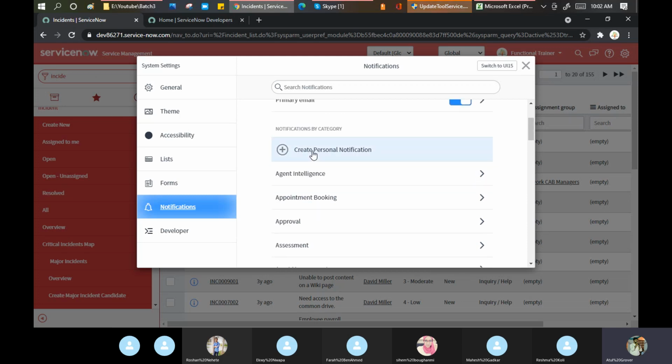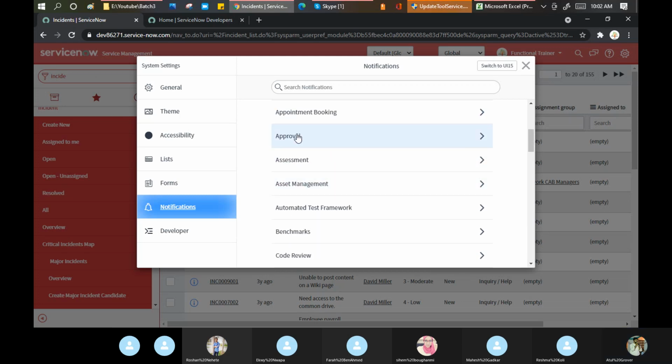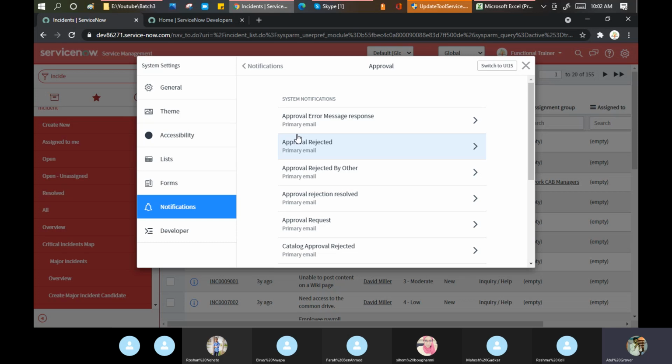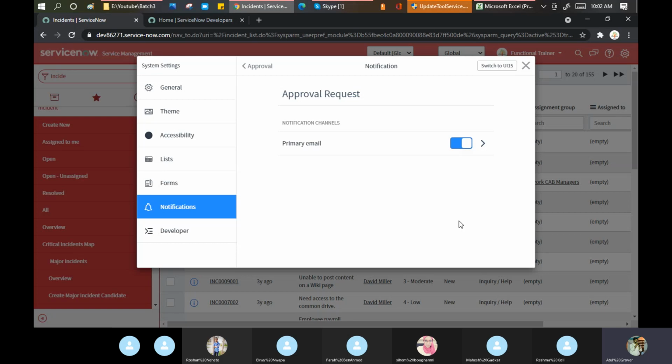So you can define, let's say, I want an email only for approval, when approval has been requested. Otherwise, I don't want any other email. If someone rejects the change, I don't care. I just care when anyone requests approval from me. Only then am I bothered, and the email should come into my bucket.